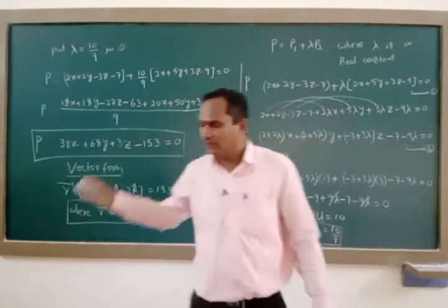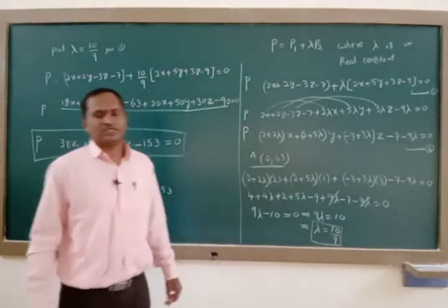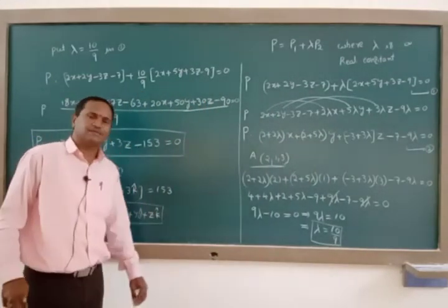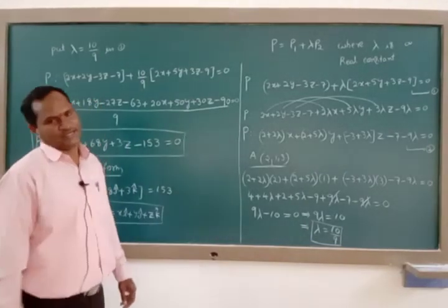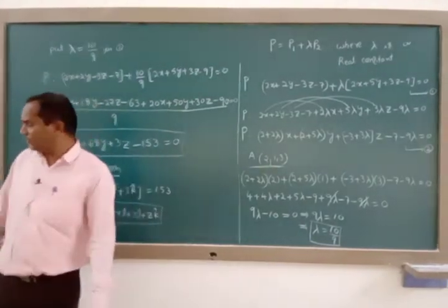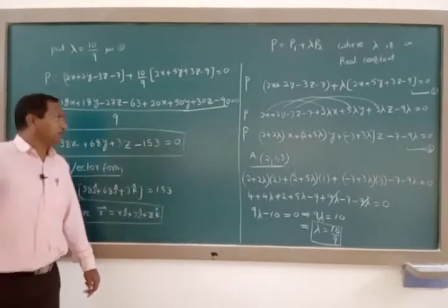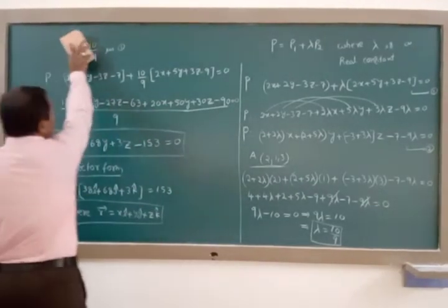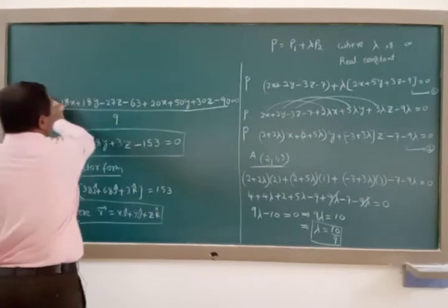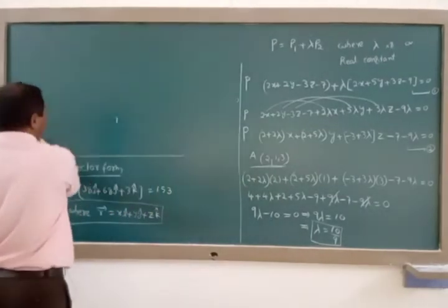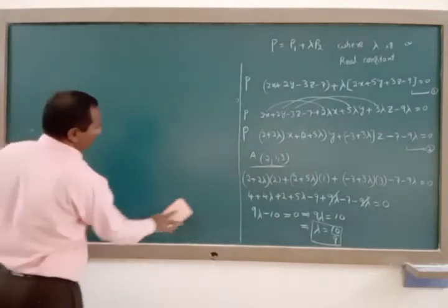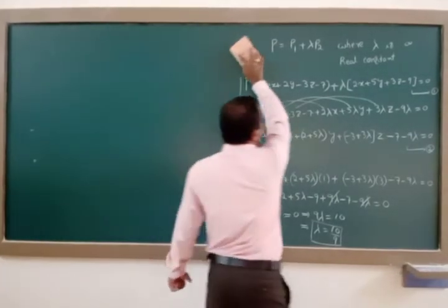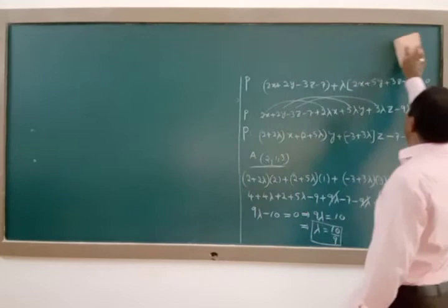Like that, we are going to find the equation of a plane when it must be passing through the point of intersection of two planes and the points. Next, a different question: whenever a plane is passing through the point of intersection of two planes and is perpendicular to another plane, at that time how do we find its equation?